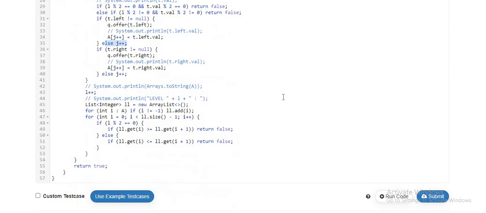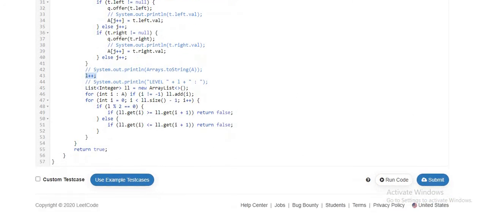Okay, once it is done, I will increment the level by 1, because that level will be useful for the next round of elements. After that, here I have created a list. Okay, and this is a slightly expensive operation. Here what I am doing is, I am discarding all the -1 values from my array, and I am reforming the list over here.